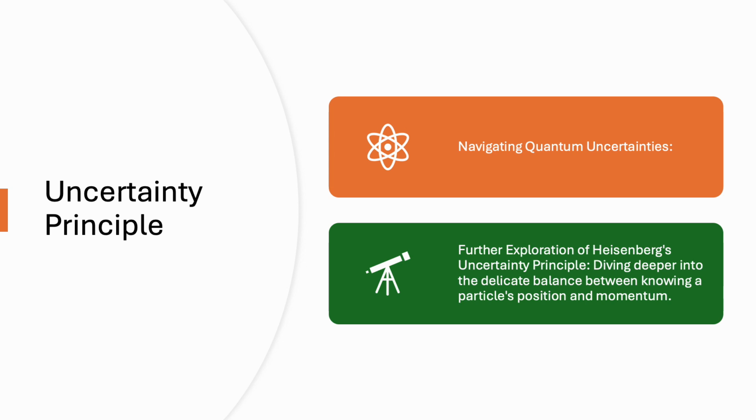The uncertainty principle challenges our classical intuition, highlighting the dynamic and unpredictable nature of particles at the quantum level. It transforms our understanding of the quantum world, emphasizing the dynamic and inherently unpredictable nature of particles. This principle is the gateway to comprehending the details of quantum phenomena and sets the stage for the revolutionary concepts.